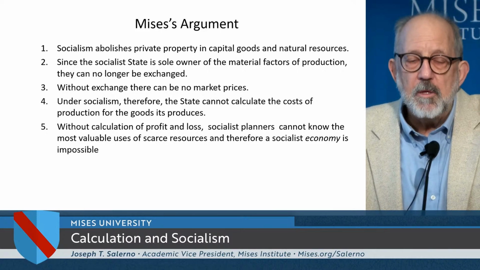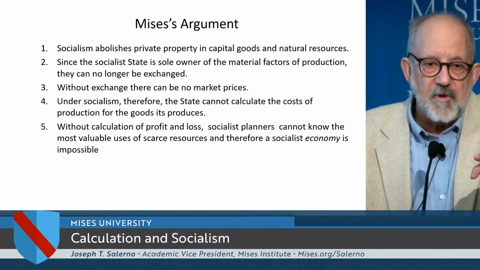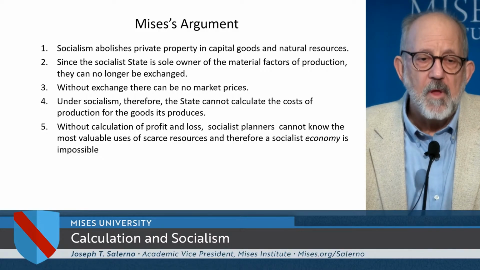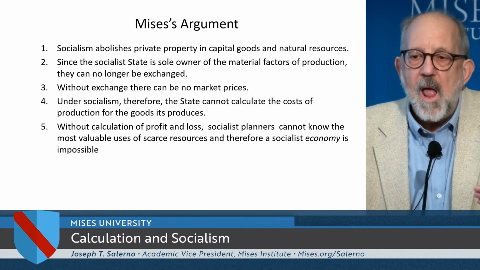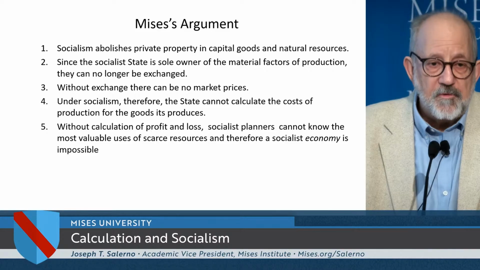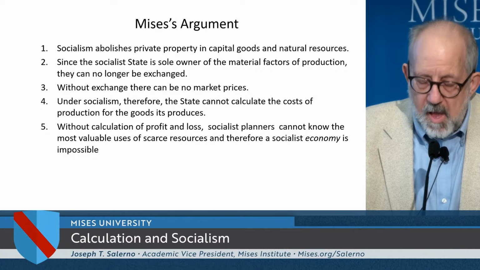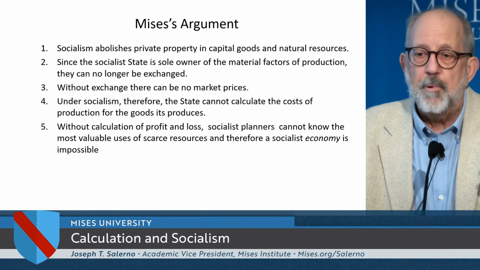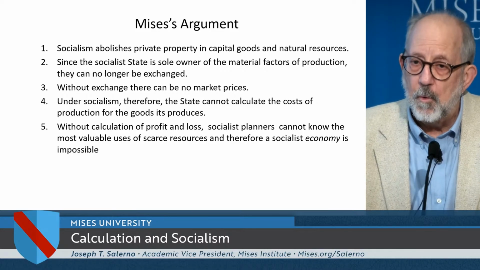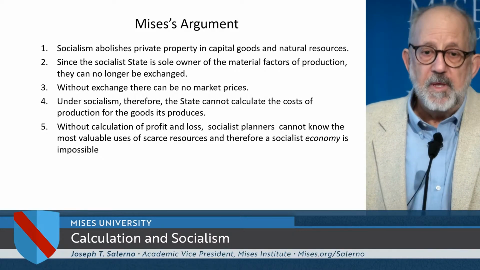They may be able to if they allow people to get paid, which isn't necessarily ruled out by socialism. If they allow them to get paid in money, there could be consumer prices, but you couldn't compare them to costs, because there would be no cost of production. They couldn't be calculated because there's no exchange of capital goods and natural resources. And that being the case, you could never figure out profit or loss. You could never figure out where the more important uses of resources were and where the less important uses that should be avoided are. So that was Mises' argument.